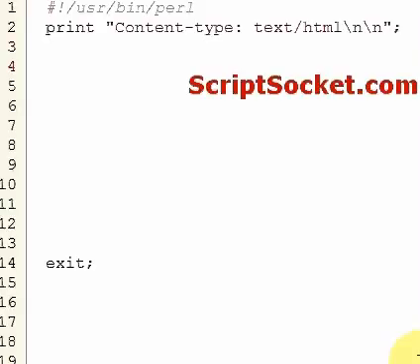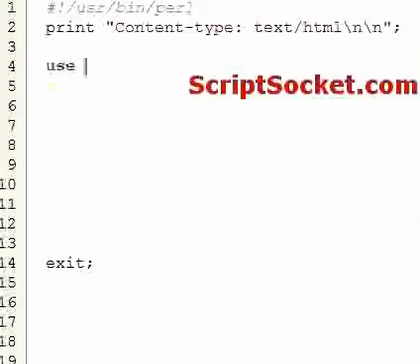Perl tutorial part 68, the Date::Calc module. Now this module we can use to calculate differences between dates and all kinds of things to do with dates. It's quite an involved module and there's a lot of things you can do with it, so you probably need to have a look at CPAN to see all the functions. But first of all,